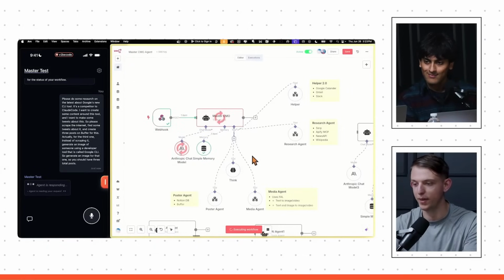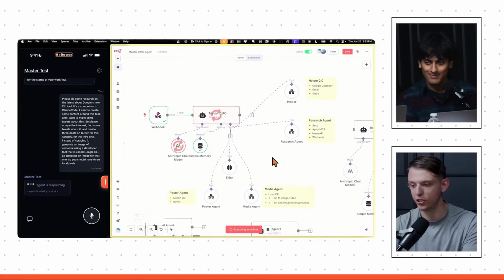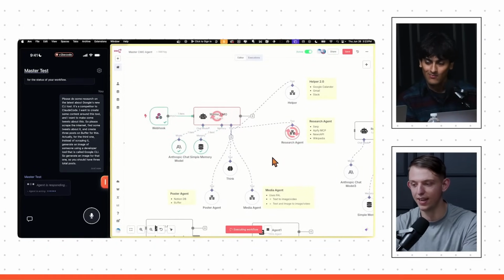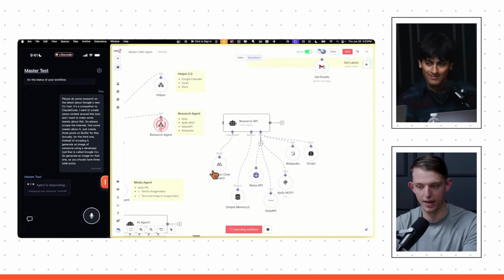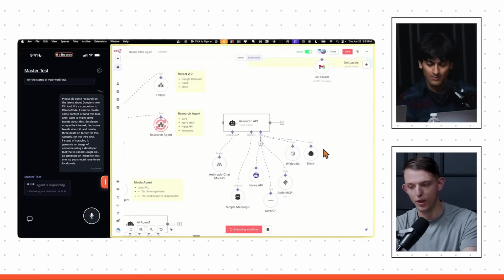So we're going to send that in to our app that we vibe coded, and it's going to send that information into this agent. Now this agent is reasoning. It's like, okay, which AI agent should we use? Right now it's using the research agent. It's not going to show where it is in the research agent, but this is what it's using, right? We have access to the news. We have access to Appify.